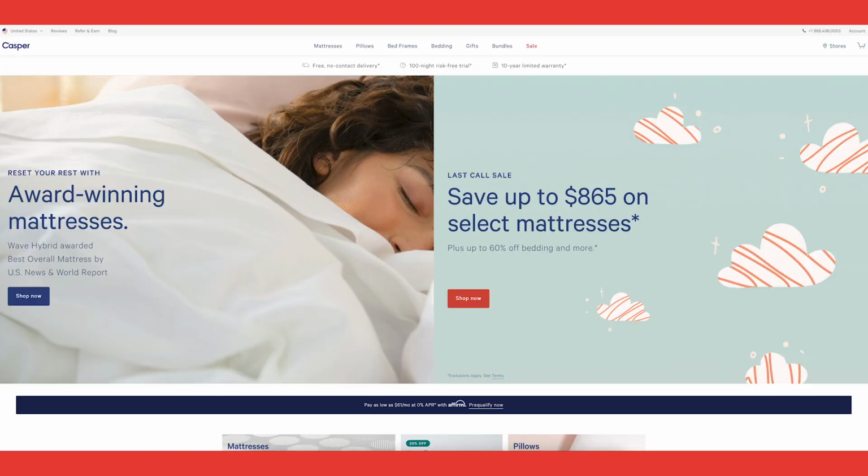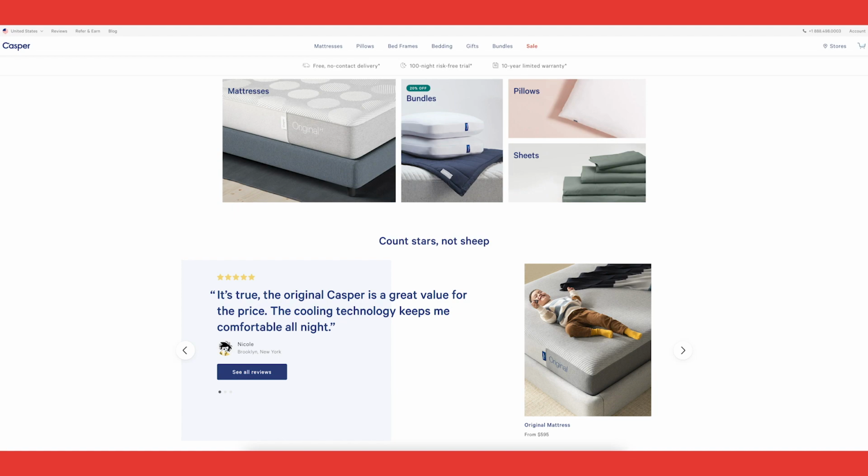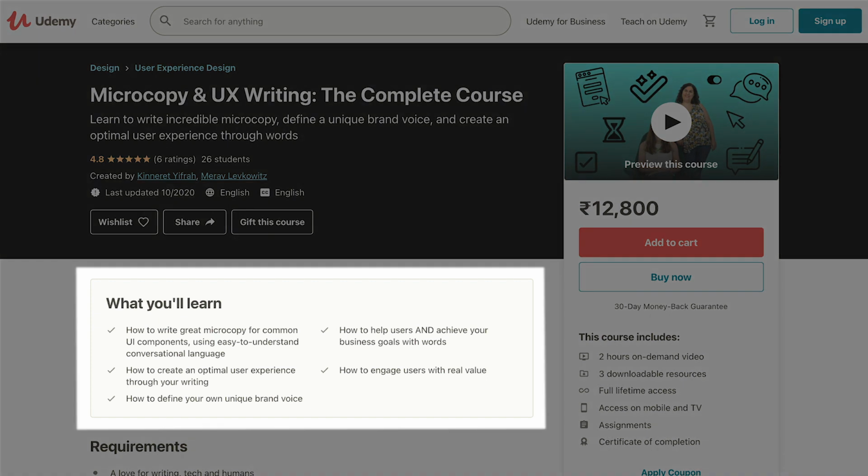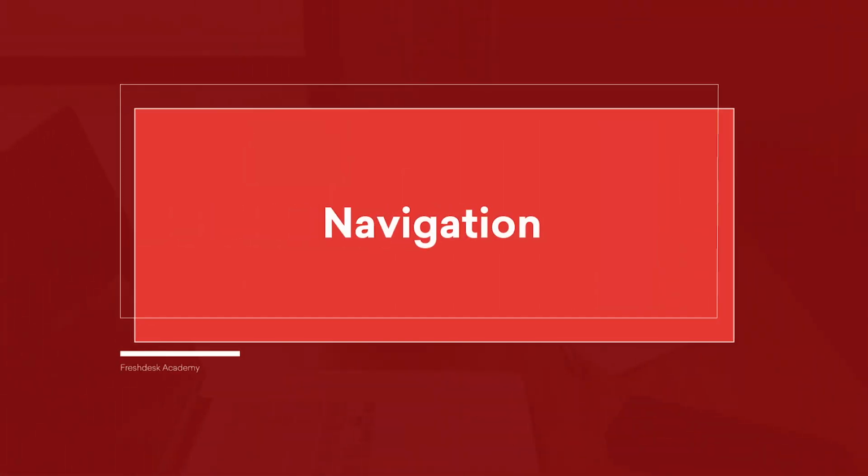Let's see this with some examples. If it's a well-reviewed product, then testimonials might encourage your audience to give your product a try. Or say it's an educational course, then you might give them an overview of the lessons and the instructors. Finally, make sure to research relevant keywords to make your copy SEO friendly. This will ensure that your page comes up both in search results as well as when customers click into your website.